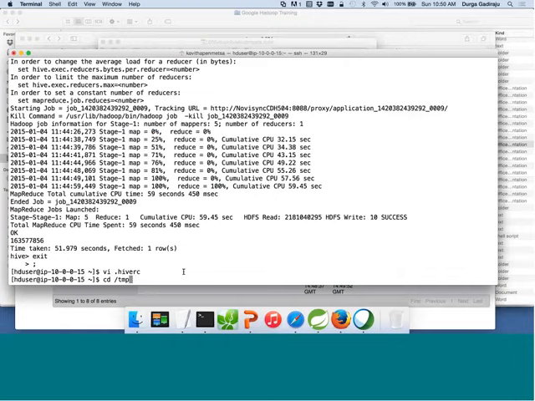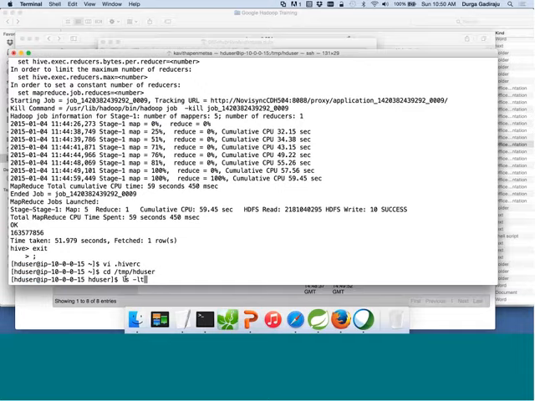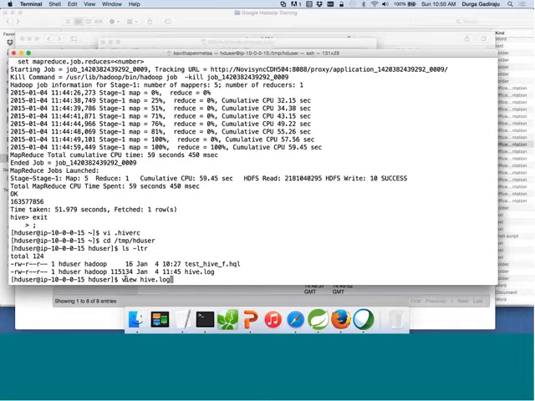One is the Hive log file, and the other is to monitor your MapReduce jobs. The location for the Hive log files is /tmp/<user>. Whatever OS user you are using to run your queries, go to that directory under /tmp, and you can look at hive.log,